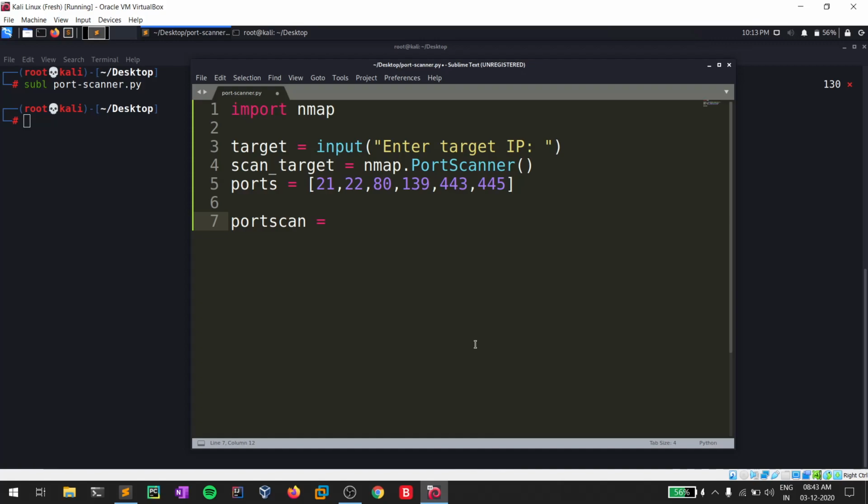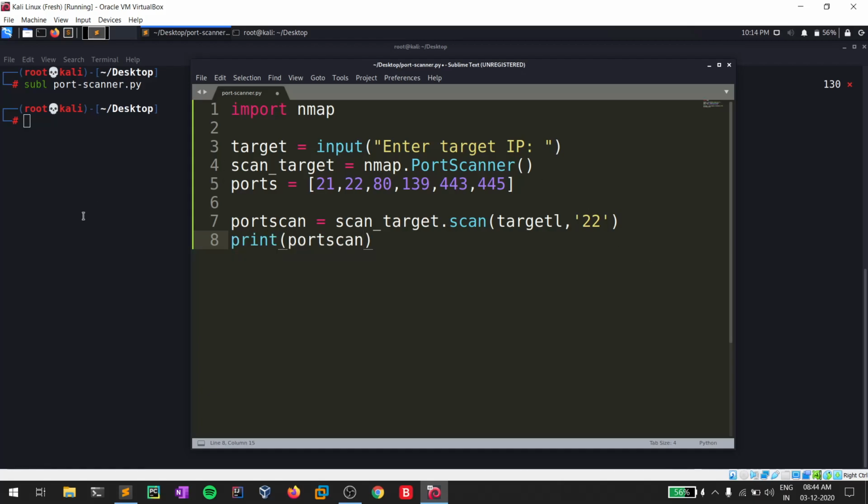I'm creating a variable named port scan here, and then I'm making use of this object and calling a method called scan. In the scan method, we need to specify the IP address and port, which are to be in string format. So let's specify the target, which is already in string format by default. And let me scan for a single port, where I'm looking at whether the SSH port is open or not, and then we'll scan all these ports. Let me show you what the output looks like and how we can filter out what we require. Let me print this thing here, port scan.